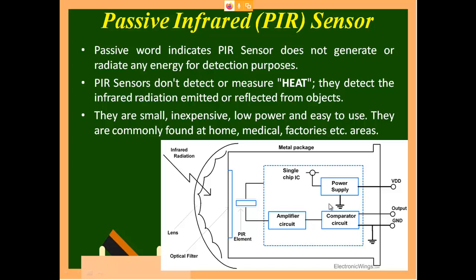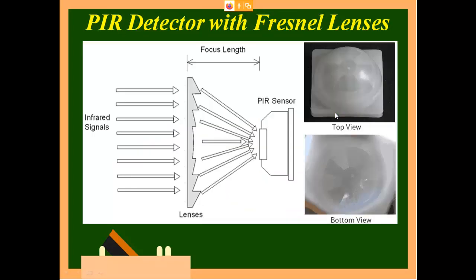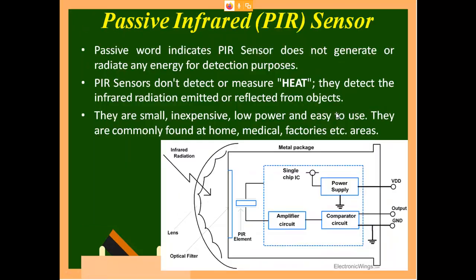Be very clear. I require power supply for my amplifier and comparator, not for recording or receiving the information. That is why it is called passive. You should not think that any device without an external power supply is the only one to be called passive. No, for sensing the motion, I am not using any power supply. So that is why it is called passive. Okay, power supply is being used by the person, but not by the person who is going to receive.